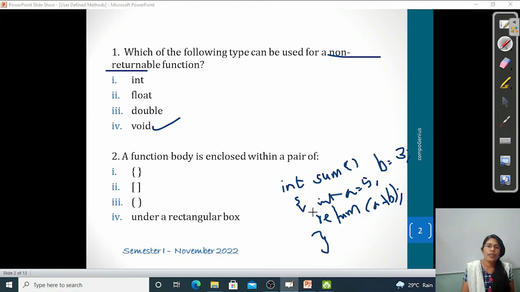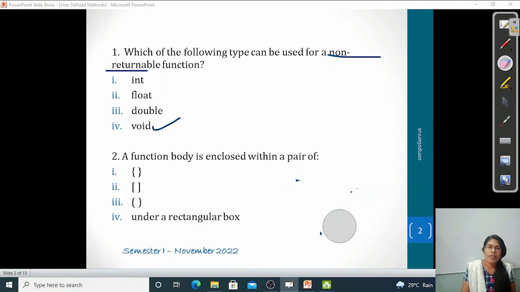Now you know the method is defined inside these curly braces. This method body is enclosed within a pair of curly brackets. Is it? Yes, it is enclosed within a pair of curly brackets. So method definition or method body is enclosed within a pair of curly brackets, and you should remember the same example. I am just writing int sum,